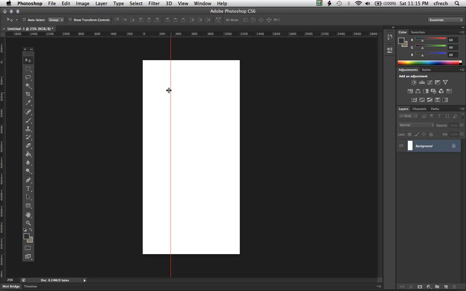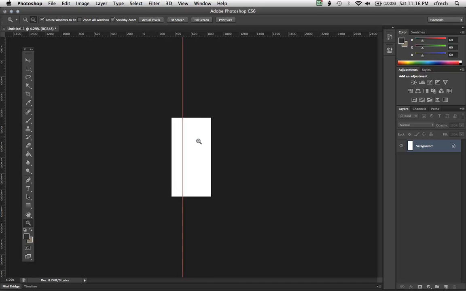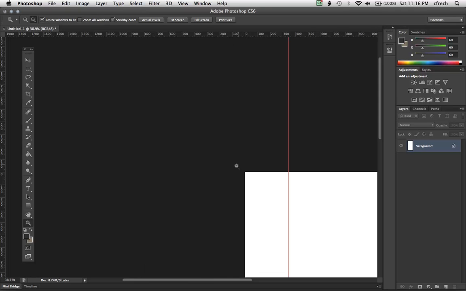So an easy way to get more control, more precision over what's happening is to zoom in on the document. And I'm going to tap the Z key to move over to my magnifying glass. And because I'm in Photoshop CS6, I'm going to actually click and then drag over here. Whoop! Click and drag the other way, and that's going to allow me to zoom in